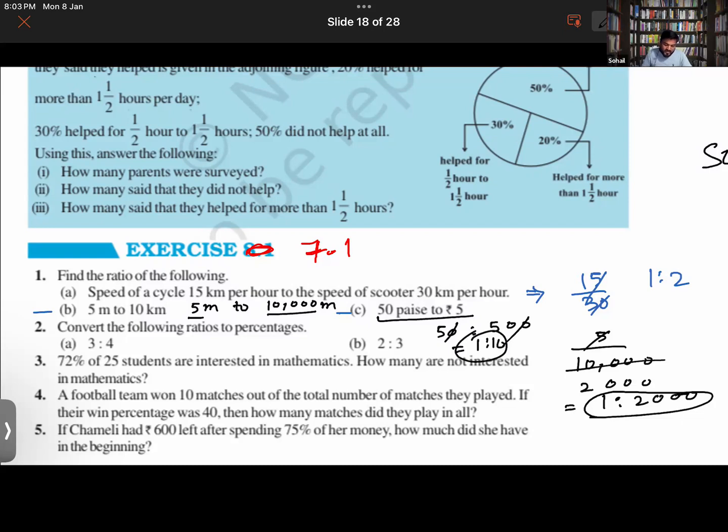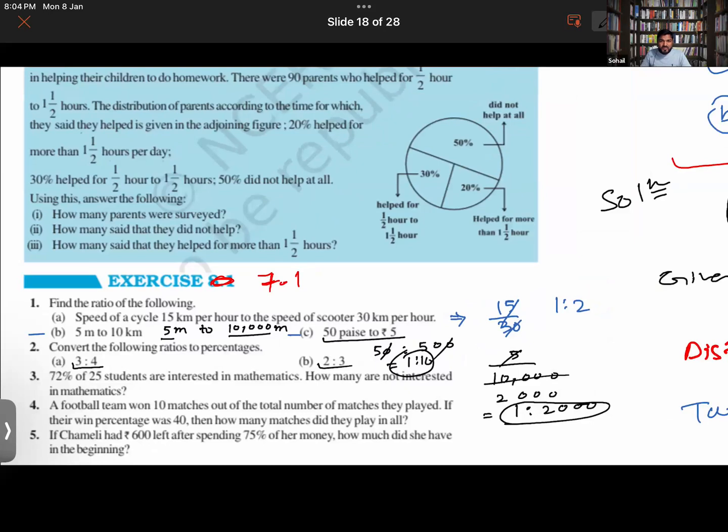Now we also know how to convert fractions into percentages. Sir, 1 is to 10 is equal to 10 is to 1, right? 1 is to 10 equals 10 is to 1? No, they are different. Look, 1 is to 10. 10 is to 1 equals 10 upon 1, so it basically is just 10. So it will be 1 equals 100, and that is not possible.